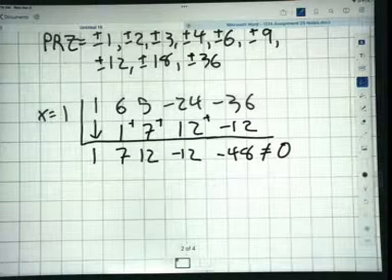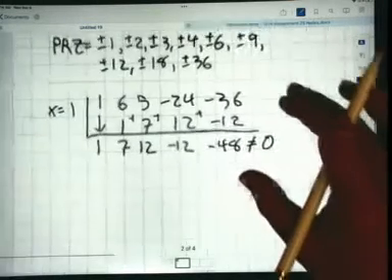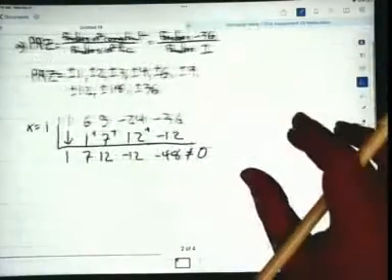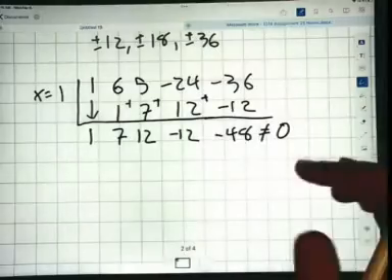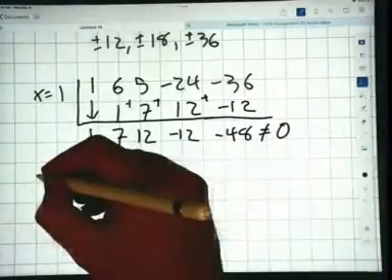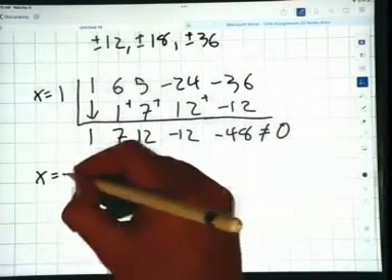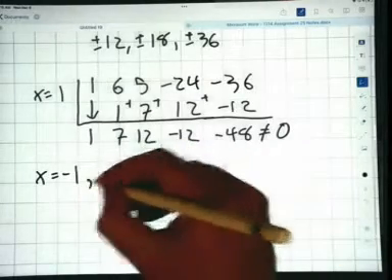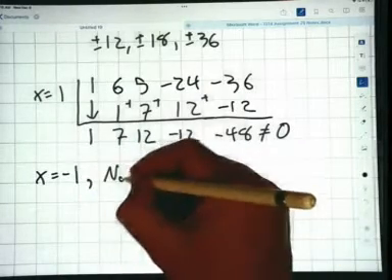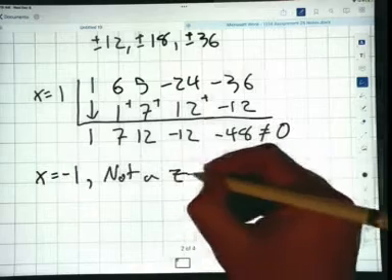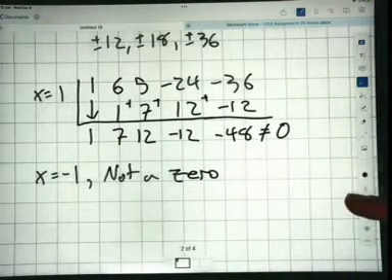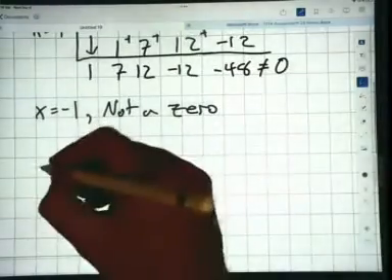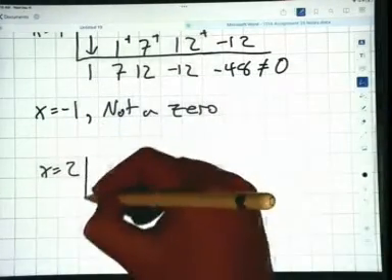Now, I don't want to spend all day here trying to do this because I'm looking at the answer key, and if you're looking at the answer key, you can see that x equal to -1 doesn't work. You can try it for yourself. It's not going to work, but as soon as we get into x equals 2,